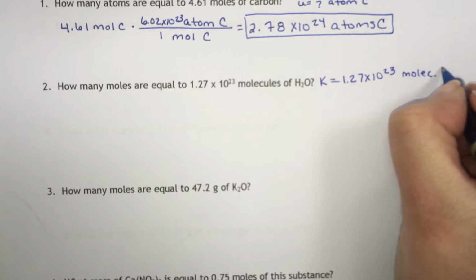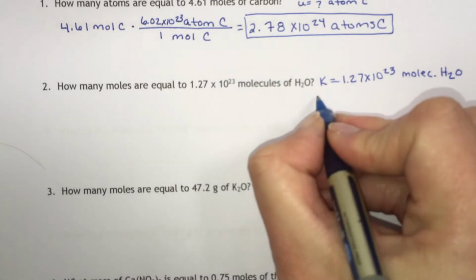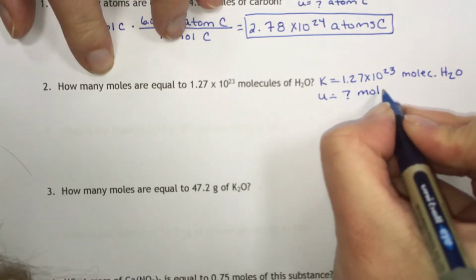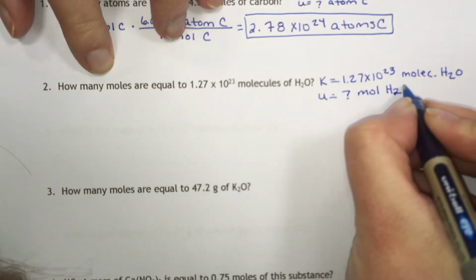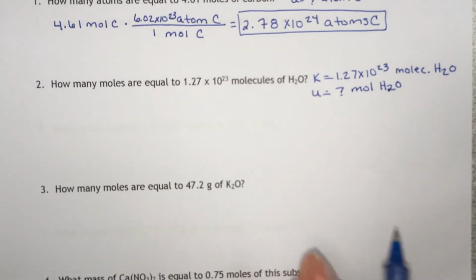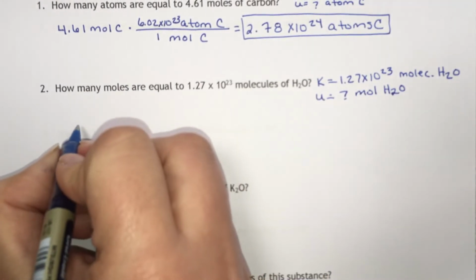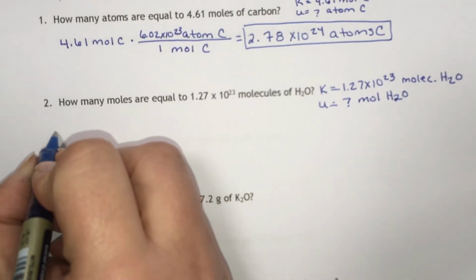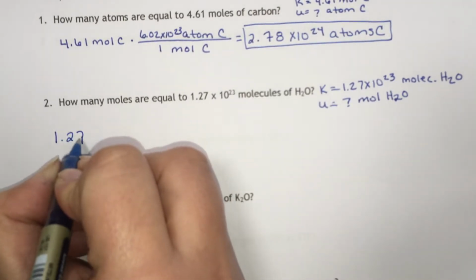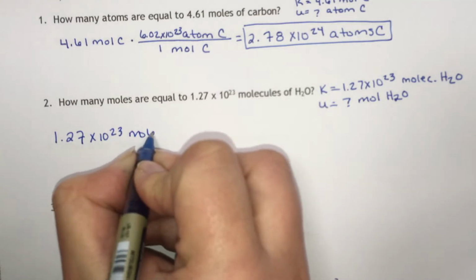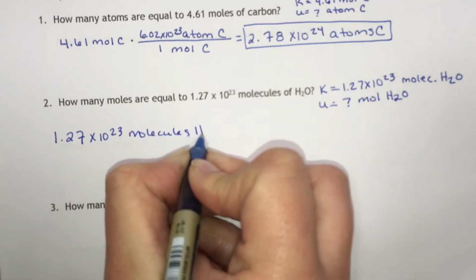Molecules of water. The unknown is how many moles of water? So again, it's not a two-step equation because moles is already involved. We're already given moles. So you start with your known, which is 1.27 times 10 to the 23rd molecules of H2O